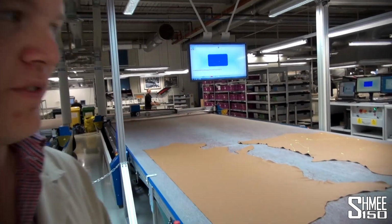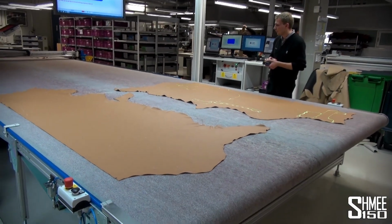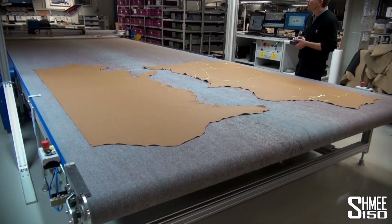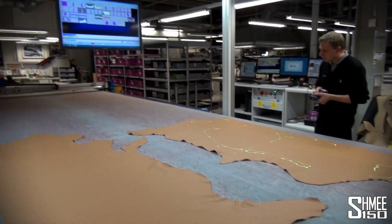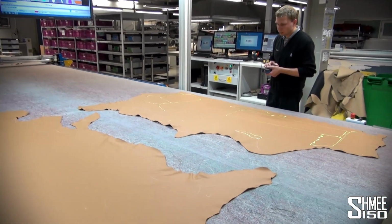We've come over to the leather workshop, where obviously Rolls-Royce is world famous for their work in this sphere. 8 full bull hides go into making a Wraith, and 11 for a Phantom. These are just half hides, of course, so it's 8 times as much as you see in front of me. To make the interior, it's very clever what they do. All of the shapes come up on the display, and they all have to be positioned using lasers onto the